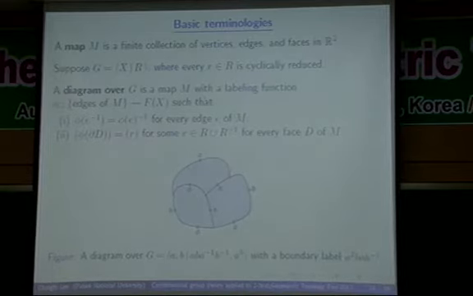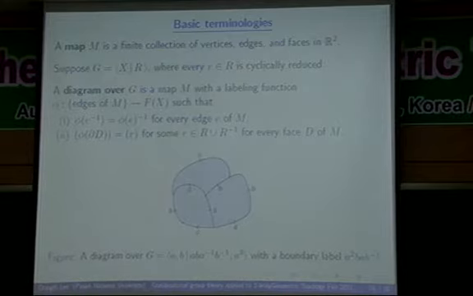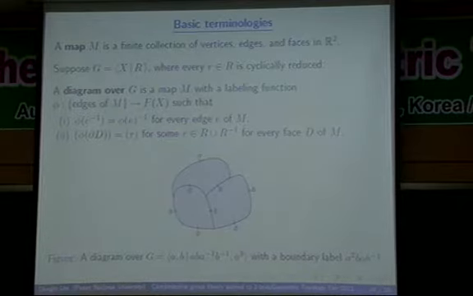Now, the basic terminologies in combinatorial group theory. A map N is a finite collection of vertices, edges, and faces in R2. And we suppose G has this presentation XR, where every layer is cyclically reduced. Then a diagram over this group presentation is a map with a labeling function, such that the label of the inverse of each edge E is the inverse of the label of E for every edge, and